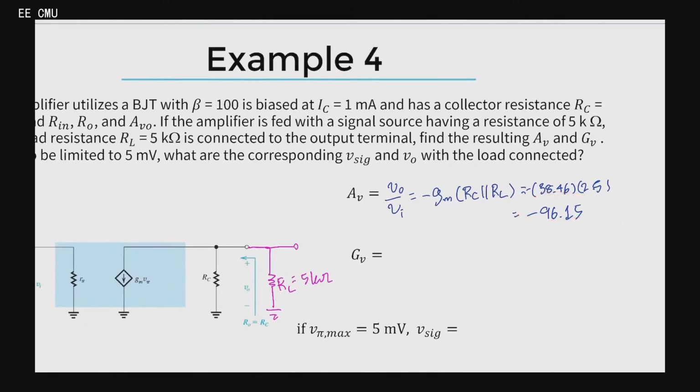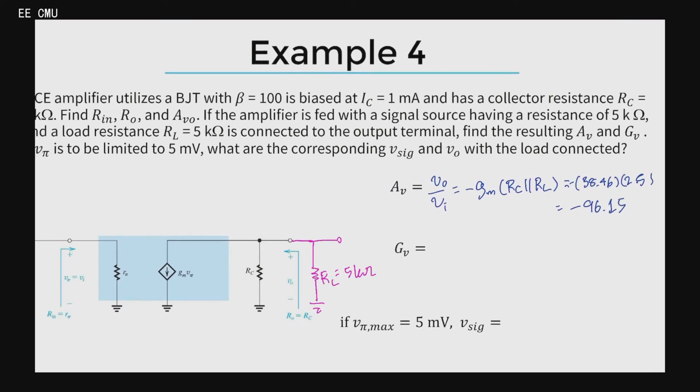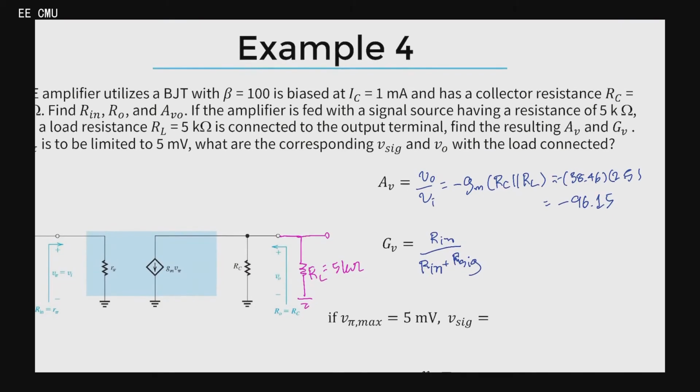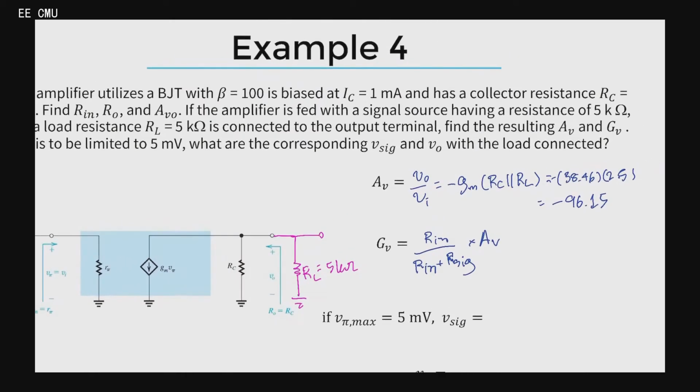After we have finished with those initial calculations, let's move on to find the overall gain of the circuit. Now, how exactly should we go about doing that? Well, if you remember from our previous discussions, the gain of this specific circuit is written like this. It is R input divided by the sum of R input plus R signal, right? And then, of course, we multiply that entire fraction by the gain. Now, you might be asking, what exactly is R input in this context? Well, R input is simply equal to RPI, right?